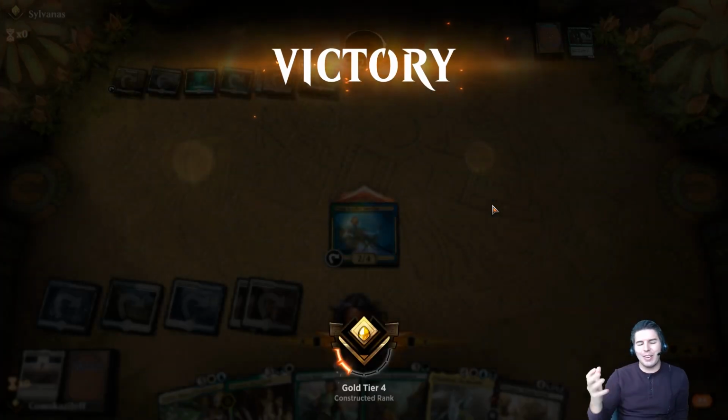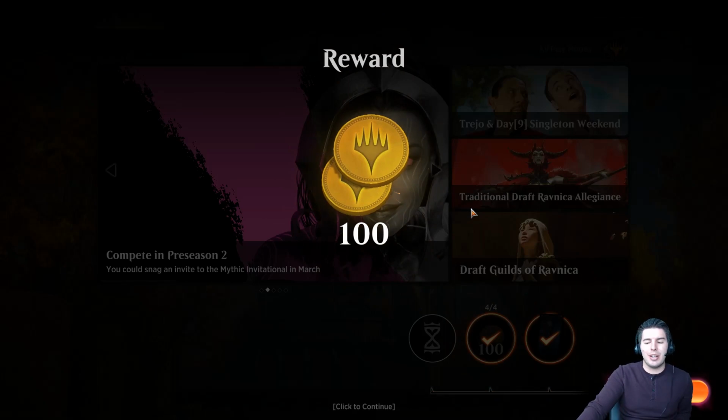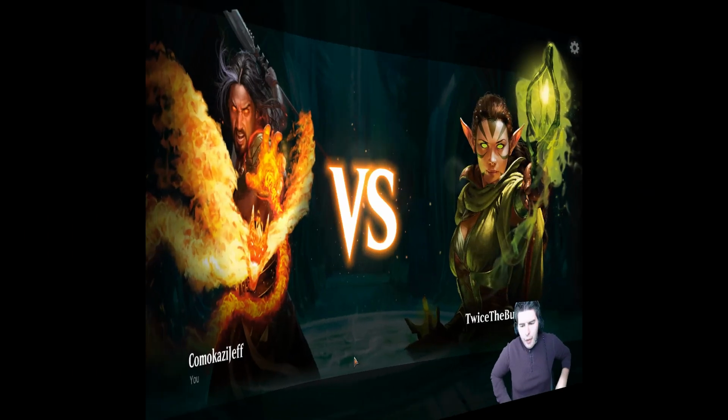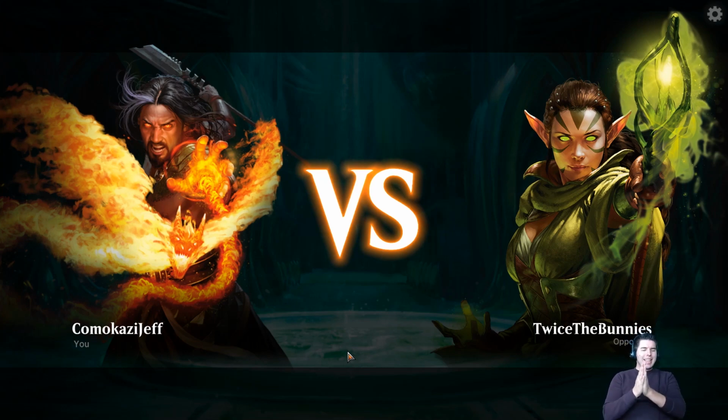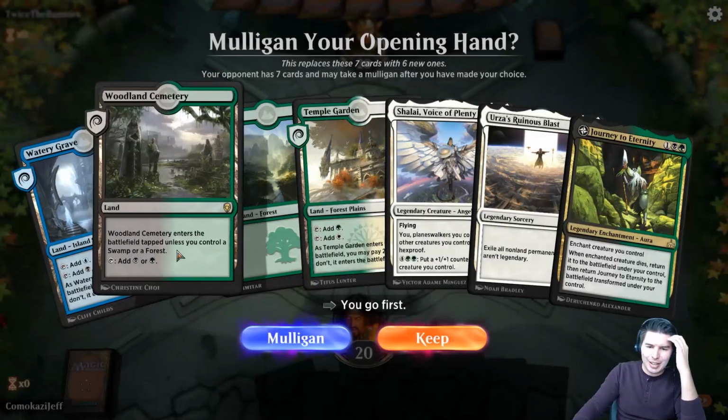Well, the deck didn't look really fancy there, but it did win for us, which Urza's Ruinous Blast is an amazing card. And that's one reason why I think playing Legendaries is still viable, because it's just such a good card. Alright, up against twice the bunnies, and we are playing Raff Reclamation in Arena Standard, and hey, we have